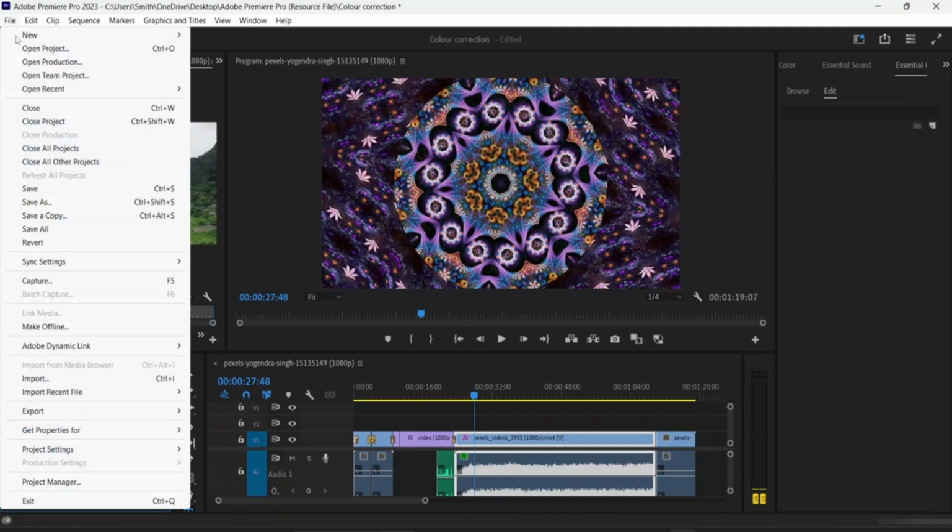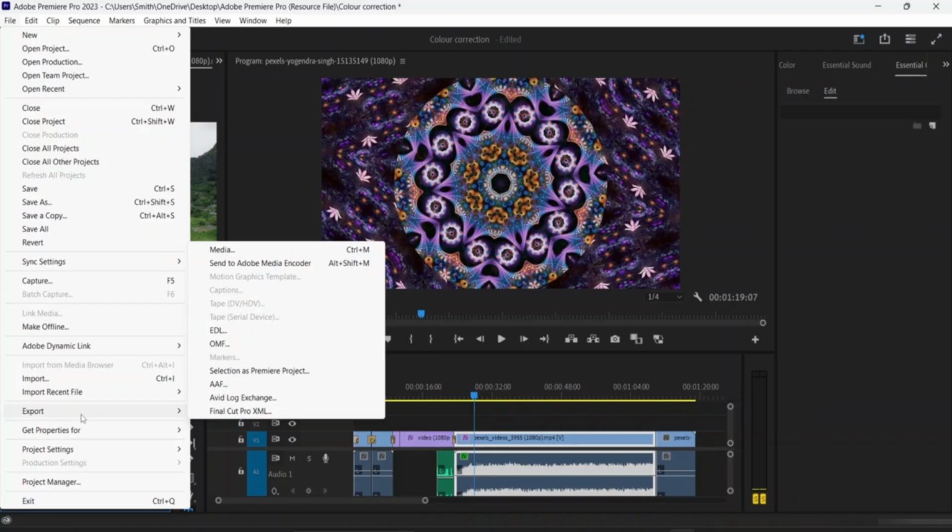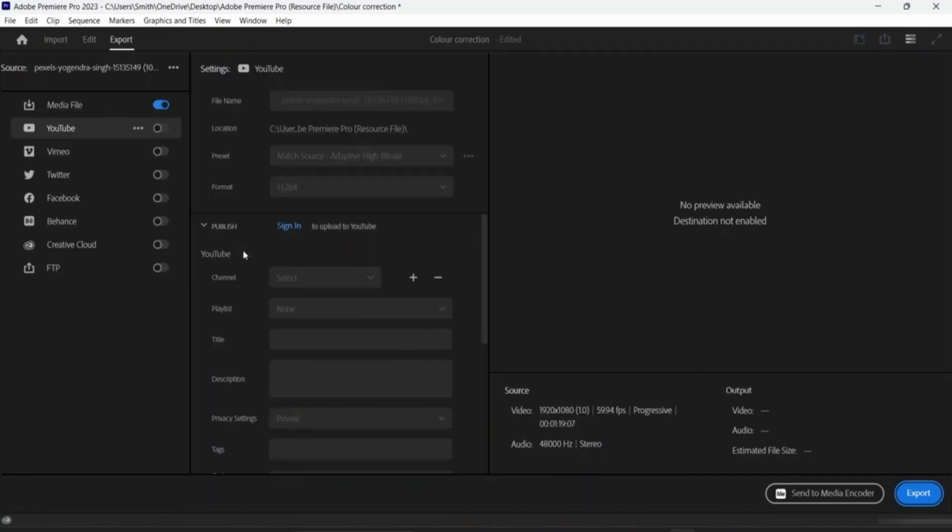And I will come to the file option, and from file, I'll come to this export option. Once I've come to the export option, you can see I do have the media here. I can also just press Control plus M on my keyboard. So I will click here, and here you guys can see